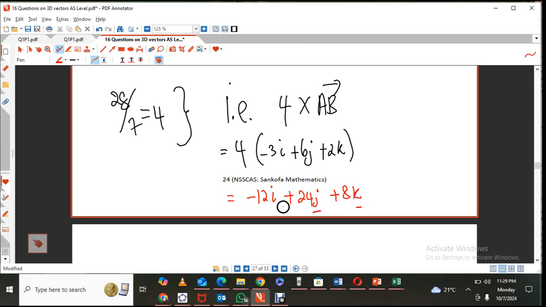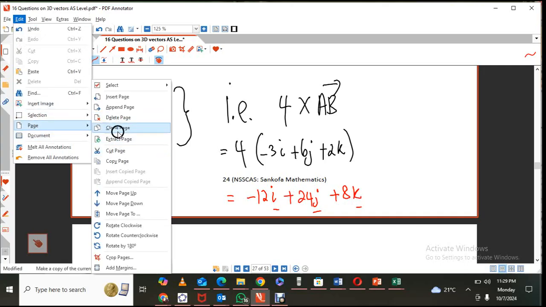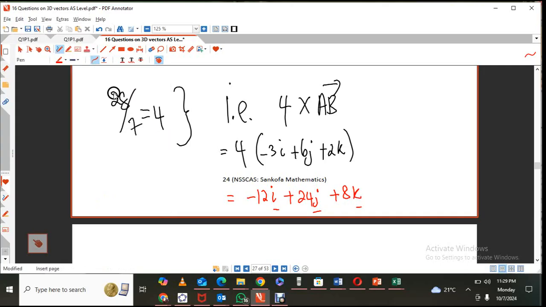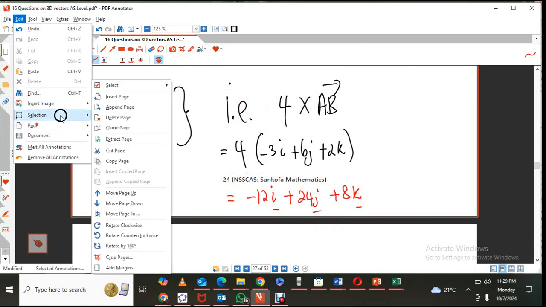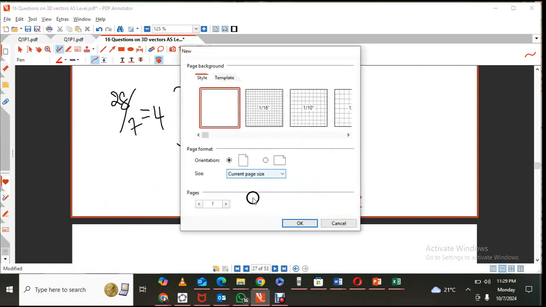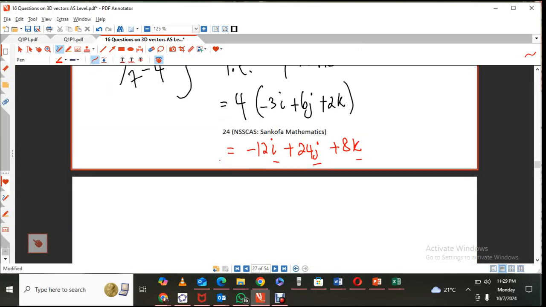Now, of course, you could also have answered it in a different way. You could have made a unit vector and then you get to the same answer. Perhaps I can go ahead and show you. So it's long, but I can do that. Let's cancel that. Let's say insert page as append page. Okay, use that type of page. Right. So if you didn't want to do that, you could have said, okay,